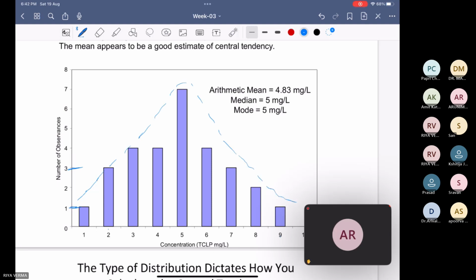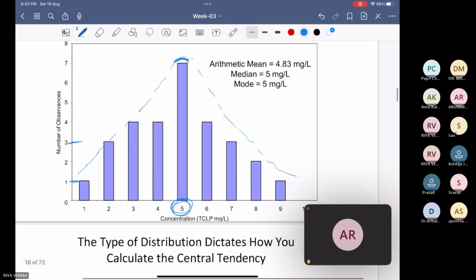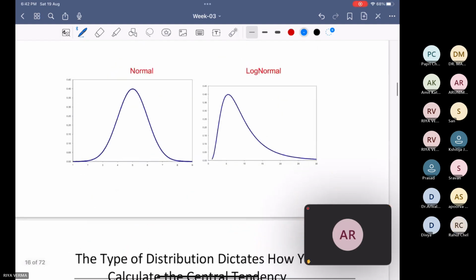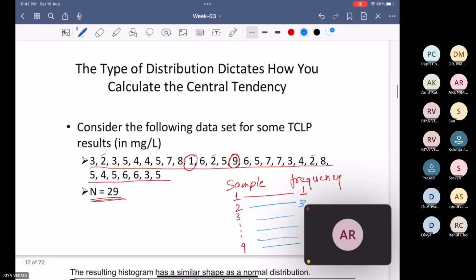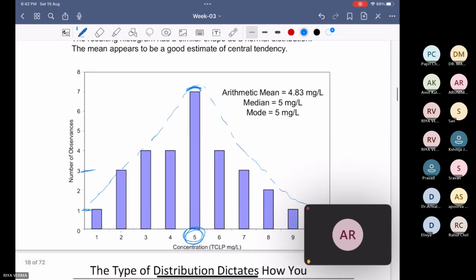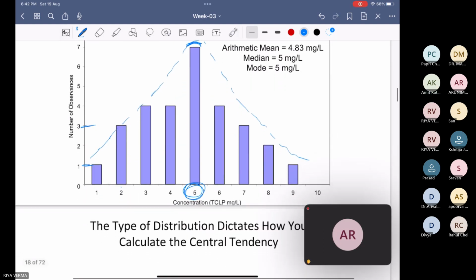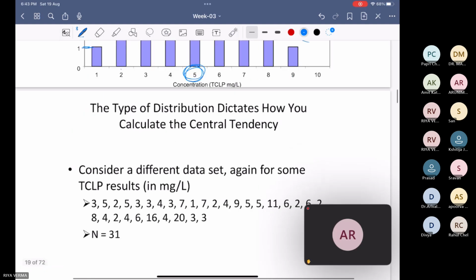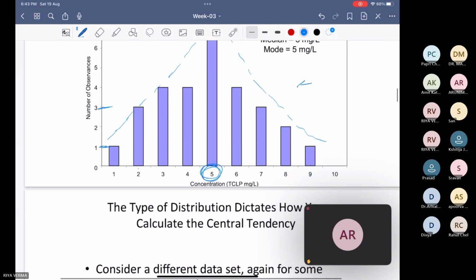Here the central value 5 is the middle value जो कि मैक्सिमम नंबर ऑफ टाइम्स रिपीट हो रही है। तो ये जो डिस्ट्रीब्यूशन है ये किसको रेप्लिकेट कर रहा है? अभी हमने दो टाइप के डिस्ट्रीब्यूशंस देखे थे, वन वाज योर नॉर्मल, सेकंड वाज योर लॉग नॉर्मल। तो ये डिस्ट्रीब्यूशन किसके जैसा दिख रहा है? नॉर्मल। ओके, सो दिस इज योर नॉर्मल डिस्ट्रीब्यूशन। नाउ अभी हम दूसरा डेटा सेट पकड़ते हैं।